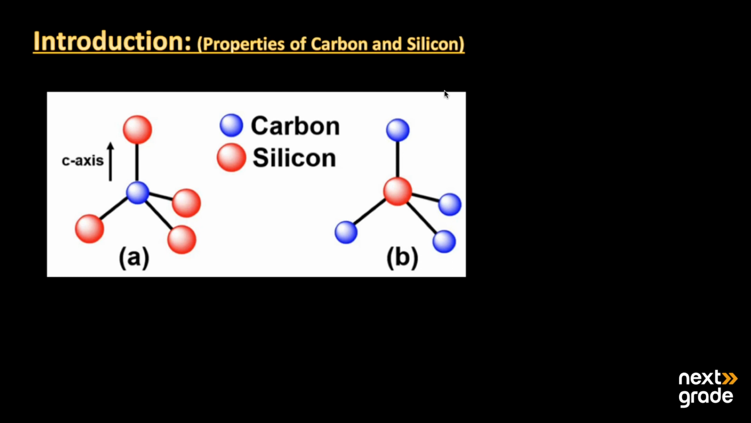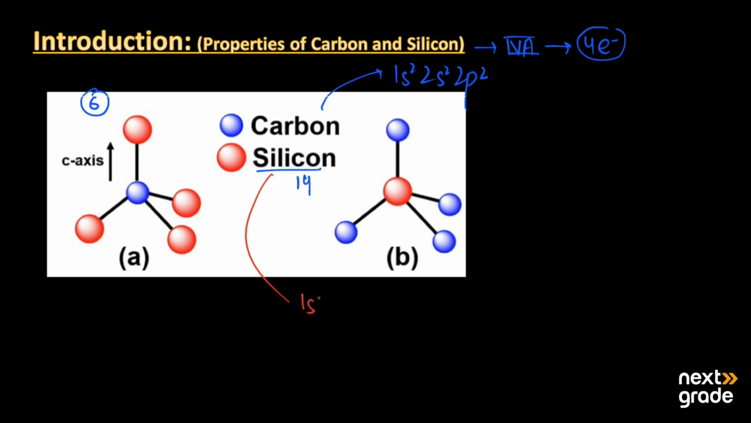Today it is the properties of carbon and silicon. So carbon and silicon, these two elements are mainly from group 4A, as all have 4 electrons in their valence shell. The atomic number of carbon is 6, and for silicon its atomic number is 14. The electronic configuration for carbon is 1s2, 2s2, 2p2, and for silicon its electronic configuration is